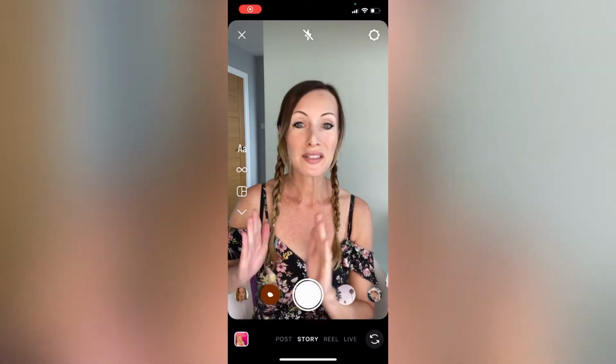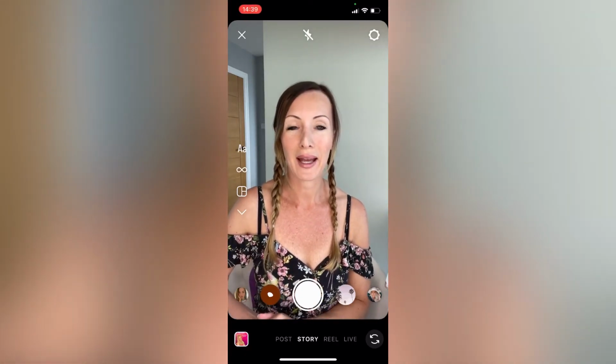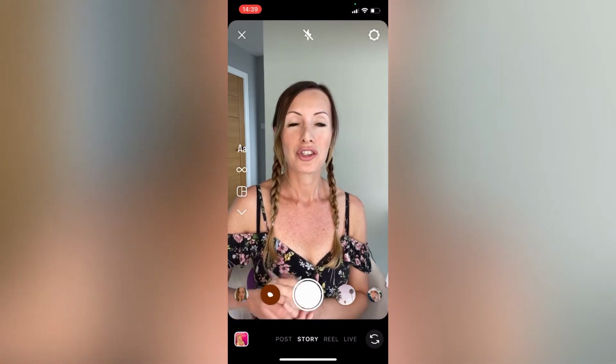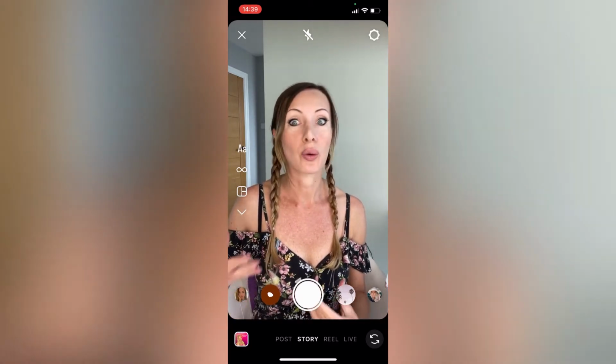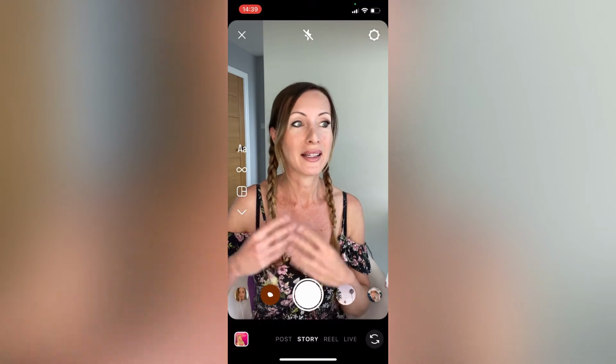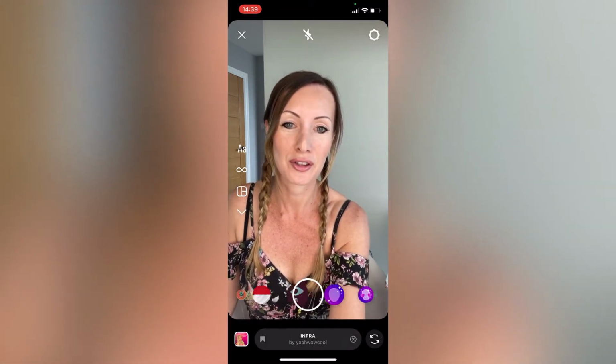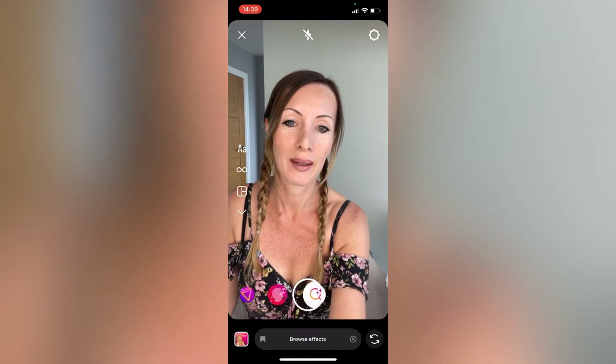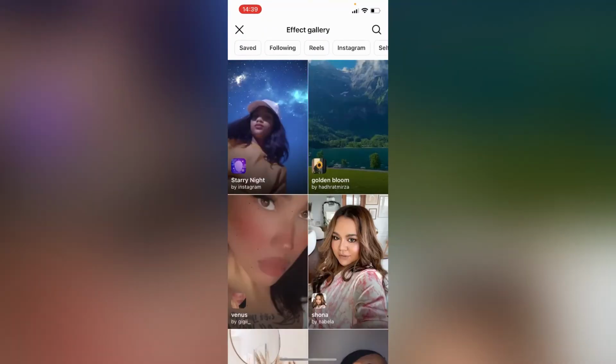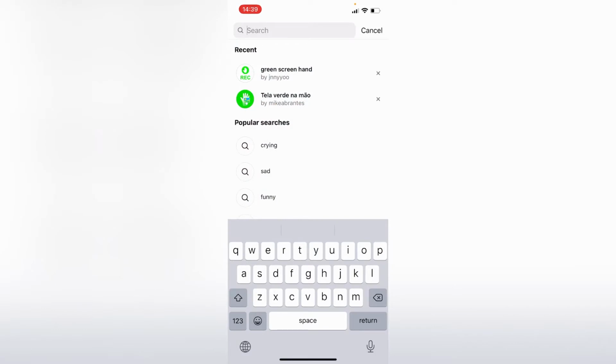Hey everyone, okay, this next trick is a really cool hack if you want to showcase some stats, a quote, a testimonial, an image of any kind. And what it is, if you scroll across at the bottom, so we're going to go to browsing effects, and then we're going to put in the search for green screen